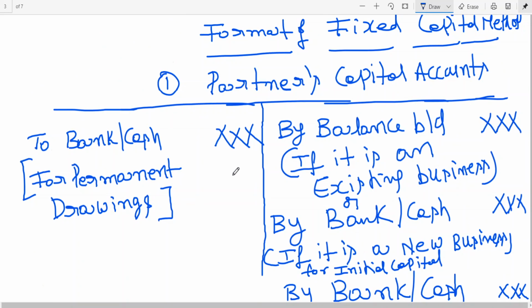That means whenever the partners want to maintain a separate account so that the capital remains constant over a period of time. They don't want to add everything to capital, they want to know even after 10 years what was my capital, it remains the same. Only when capital will be altered under fixed capital, if there is any additional capital or if there is any permanent drawings. No additional capital, no permanent drawings: 10 years back capital and 10 years after capital are also the same. You following? If there is no additional capital and no permanent drawings, 10 years back capital and today's capital will be the same. That is why it is being called fixed capital.